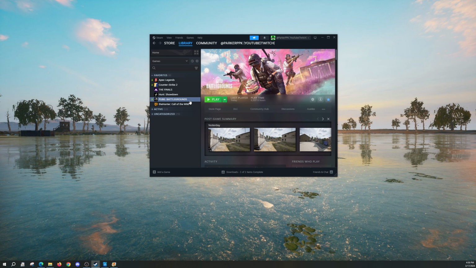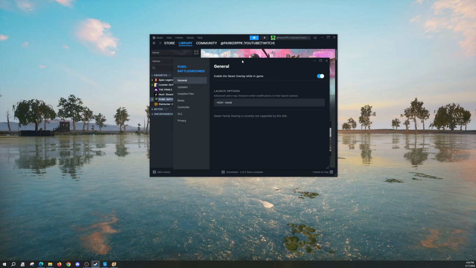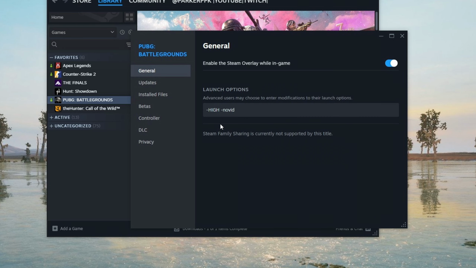Before launching PUBG, we want to right click on PUBG in Steam and go to Properties. You're going to see this box pop up here. I highly recommend to use -high, a space, -novid. -high will prioritize this on your computer as high priority. And -novid will turn off any intro video or incoming video when you first launch the game, the introduction video